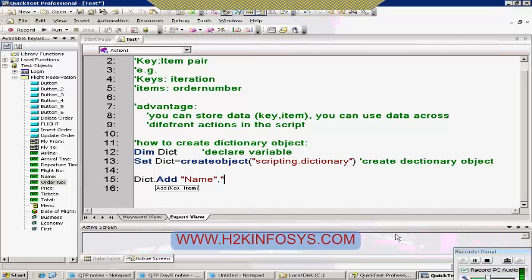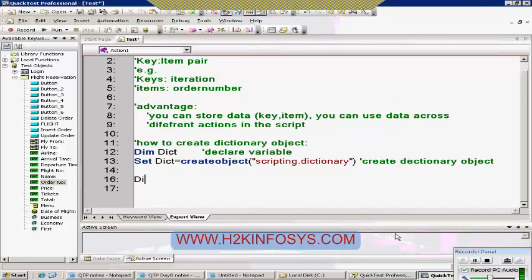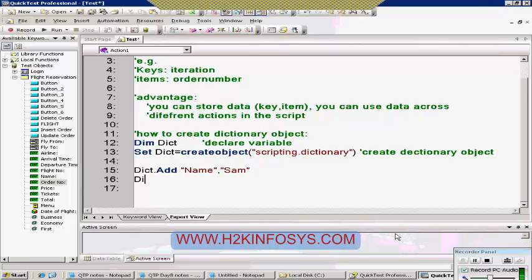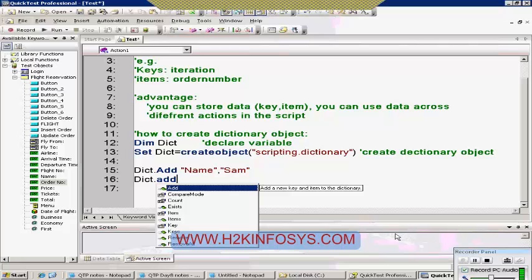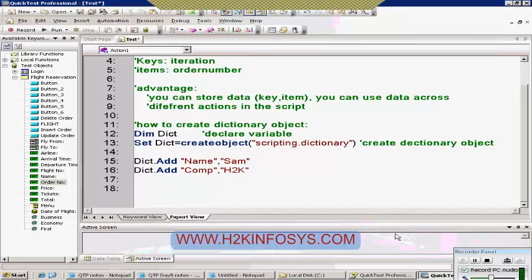Say name, right? So I'm going to put Sam. And then dictionary dot, I want to add one more. This is basically like a key item pair here. Okay. And then say I'm going to put company, say H2K,